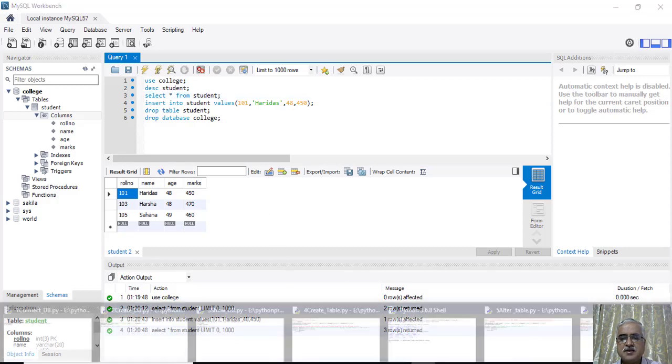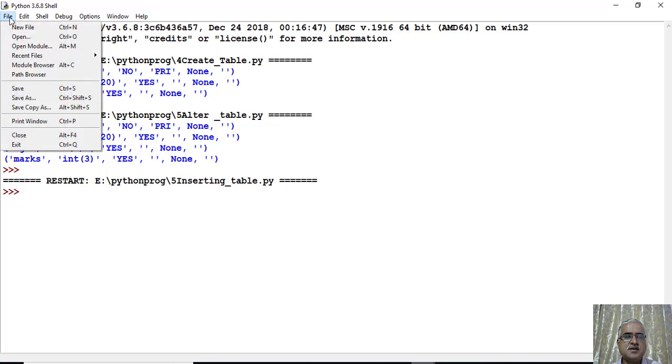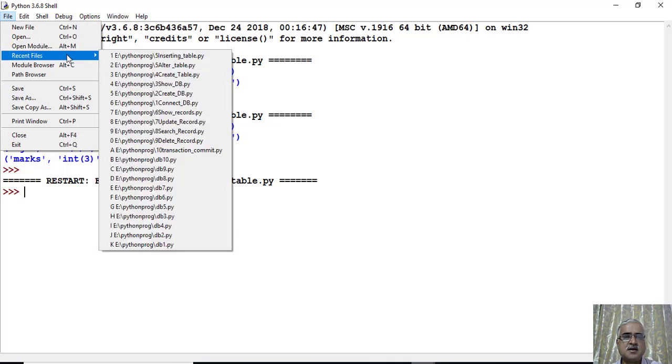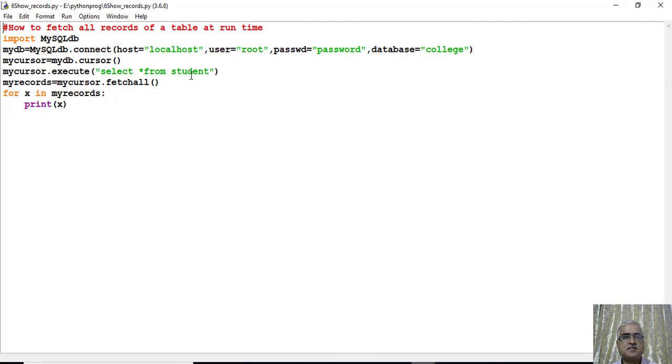Now coming to the Python shell. The same thing can be observed in the application also by running one more command called the select statement. You can see here again import MySQLdb.